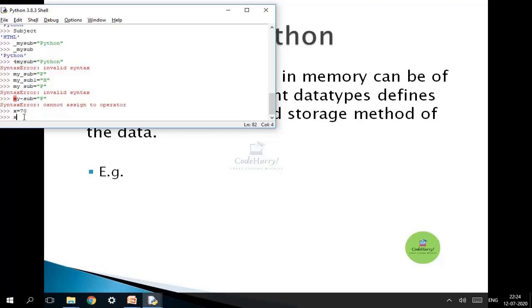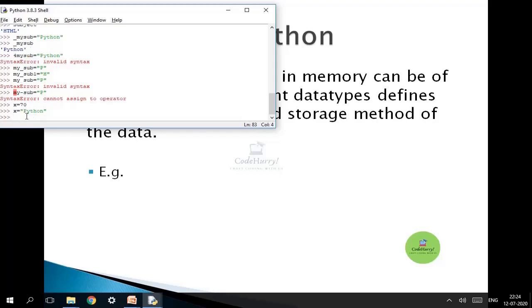But when we say x is equal to Python, this Python is a string value, so the operations on string values can be replacement of characters or concatenation with other strings. So different data types have different operations, and also different storage mechanisms in memory. A numeric value will occupy a different number of bytes than a string value.